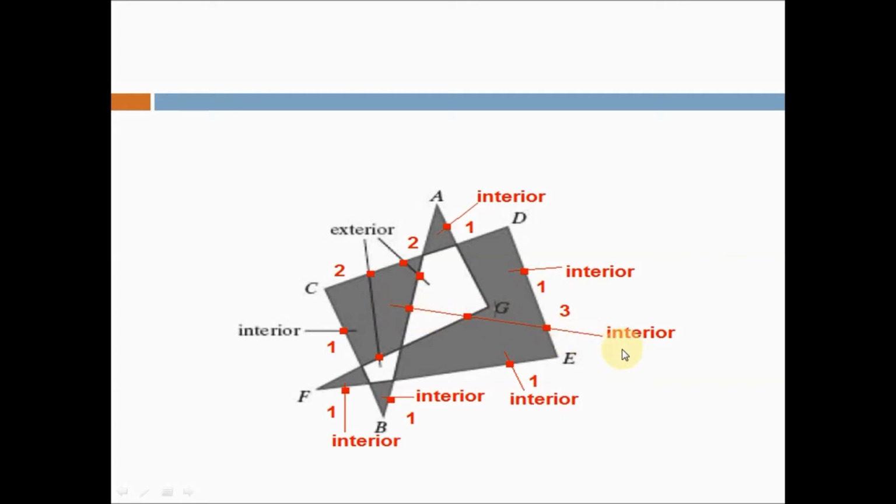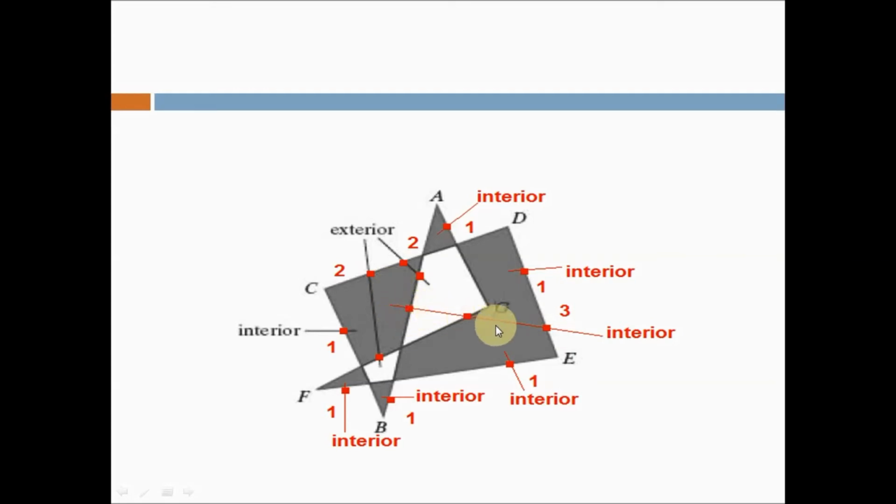Now I will find out how many intersection points there are here. See, this region I am finding. When I draw the line, this is intersecting with this edge, one edge. It is also intersecting with this edge, second intersection point. This is also intersecting with this edge, third intersection point. See, this region I am talking about.